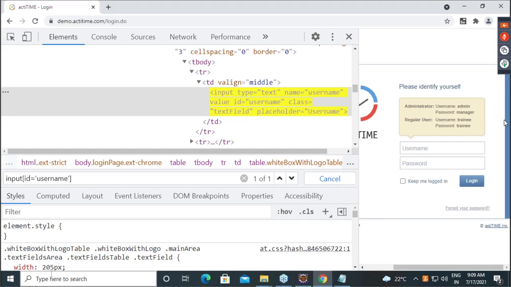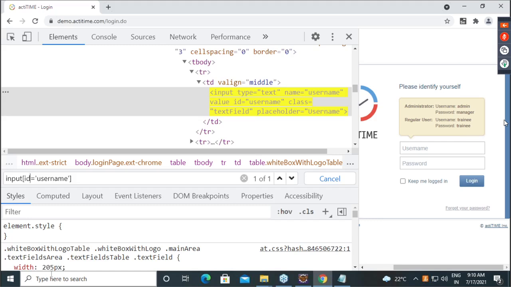If you have any other attribute like placeholder, type equal to text or name, any other attribute except ID and class, then this shortcut will not work. You have to follow the traditional way. What is the traditional way? HTML tag, square bracket, attribute name equals to attribute value in single quotes.